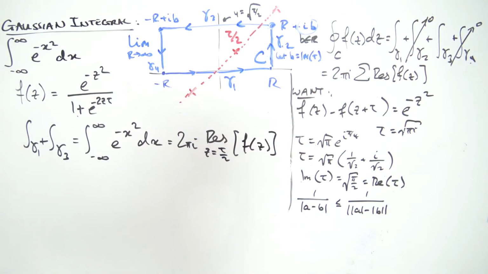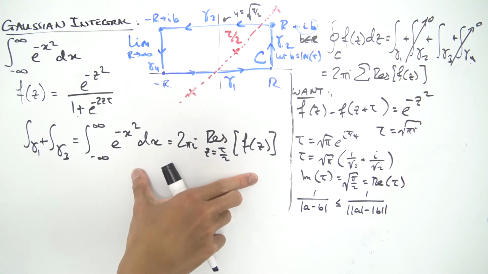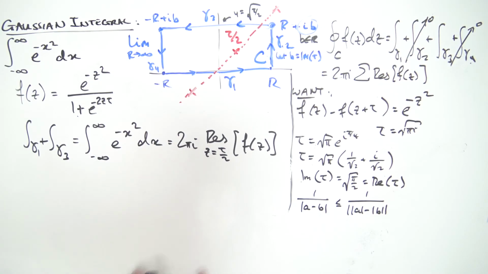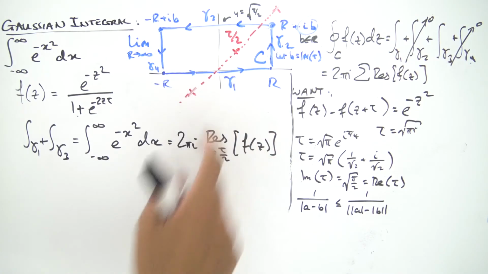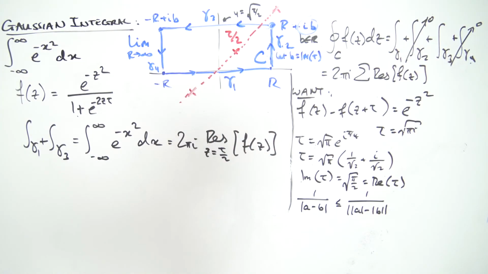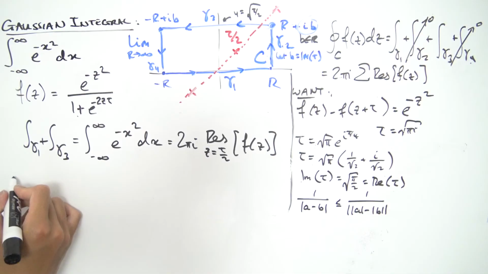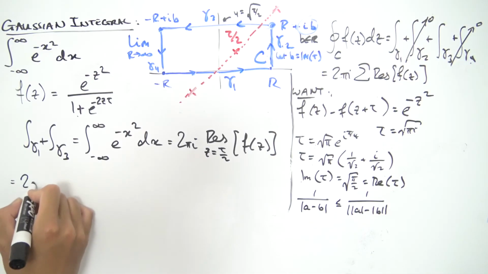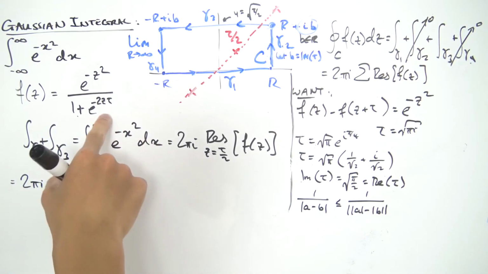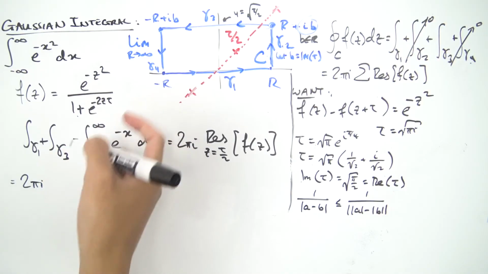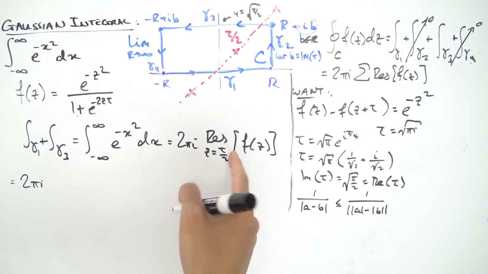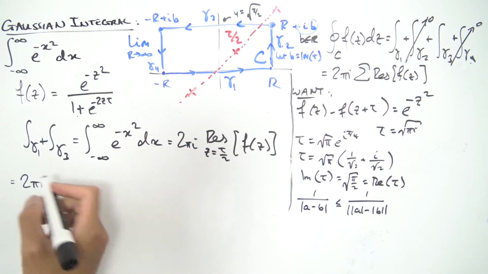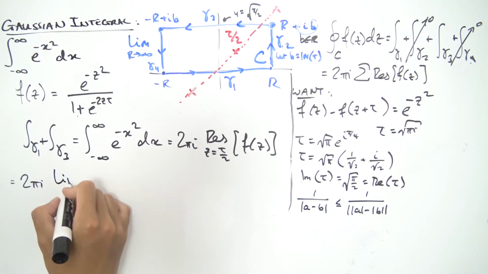So as you can see, all that work leads up to this equation over here, that the Gaussian integral we can just calculate by figuring out the residue at this pole tau over 2. And let's do that. It shouldn't be too hard. So this is now equal to 2 pi i. This is going to give us a simple pole, in fact. You can check that for yourself, because if you differentiate the denominator and plug in tau over 2, you won't get a 0. So we're going to have the limit